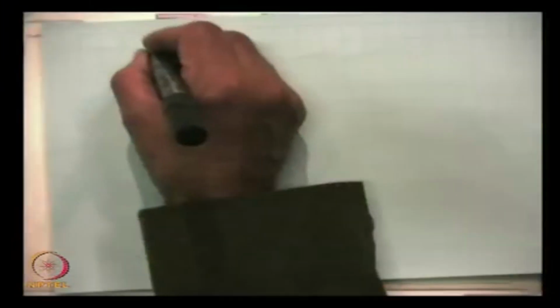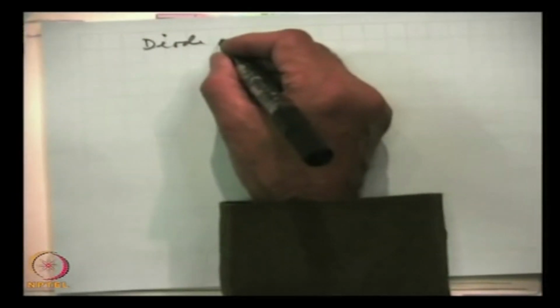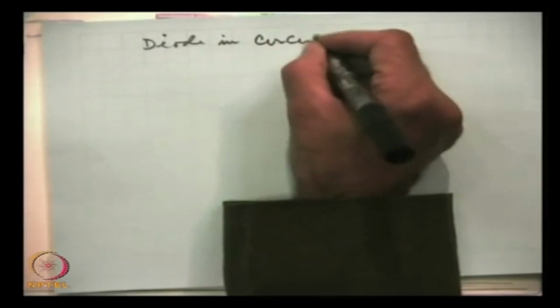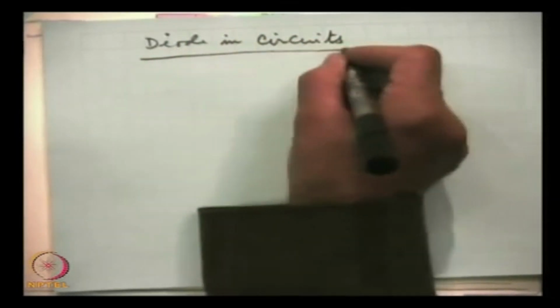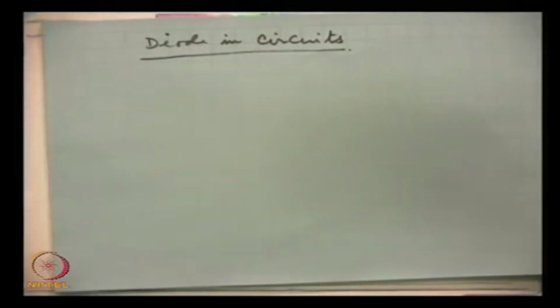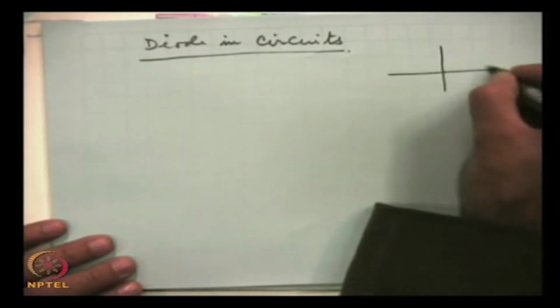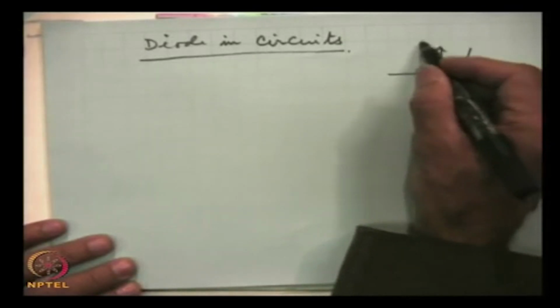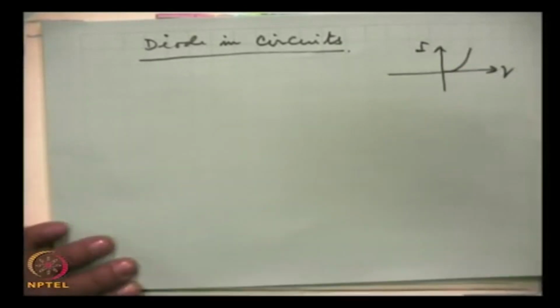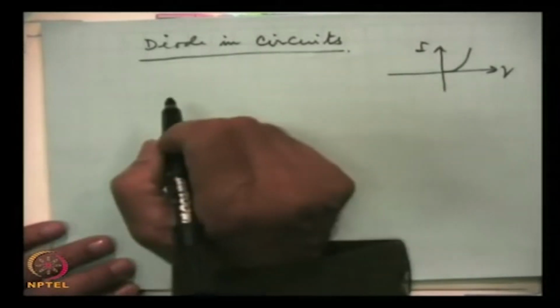and its physics, the properties associated with the diode, and now we talk of diode in circuits. Diode in circuits. We have talked about IV characteristics, and in forward bias they were like this. This is exponentially varying current. But when we talk of circuits,